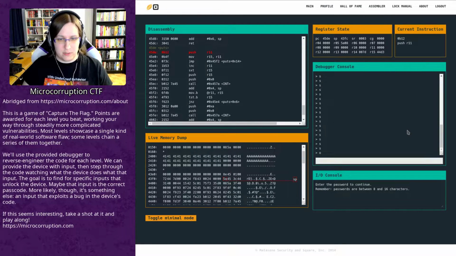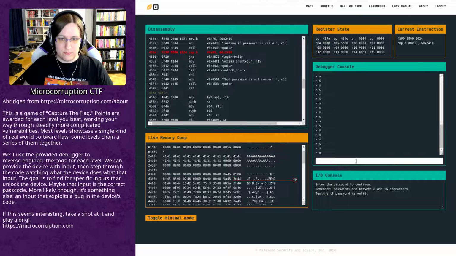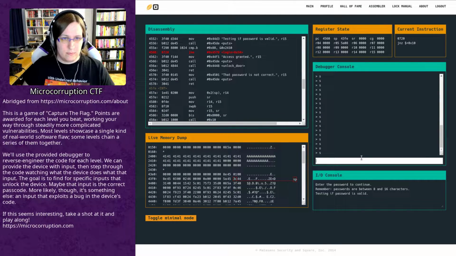I'm just going to step out of puts. You're going to see some stuff on the console. Now we're going to compare the byte hex 88 to 2410. Now, if not equal, we're going to jump, which tells me